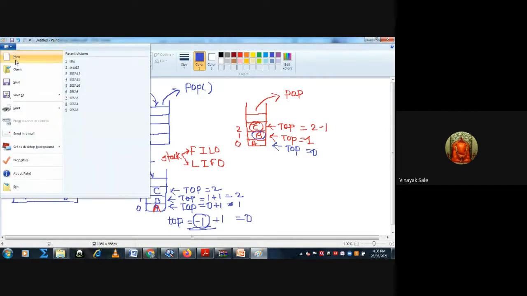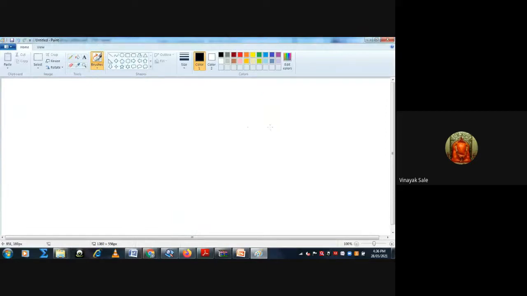So suppose this is your stack, and the size of this stack is 5, that is, here the stack is full.